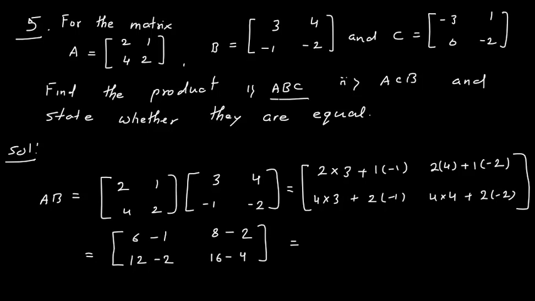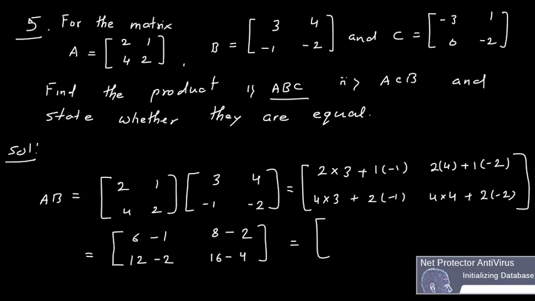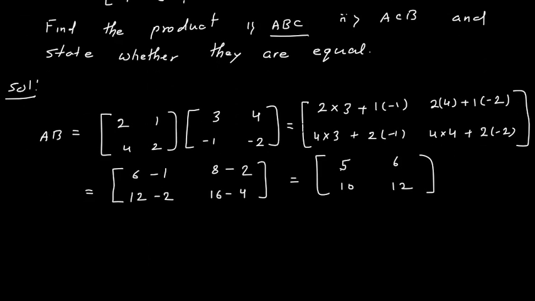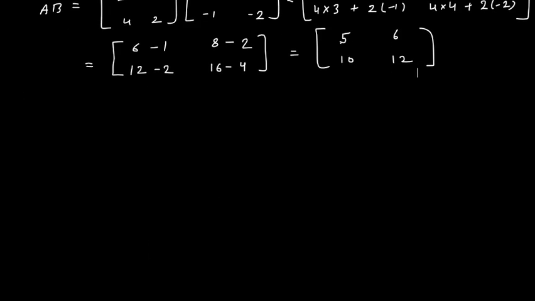So this is equal to, finally the answer will be 6 minus 1 = 5, 8 minus 2 = 6, 12 minus 2 = 10, and 16 minus 4 = 12. Now this is AB. Okay, what we have to find? ABC. So therefore